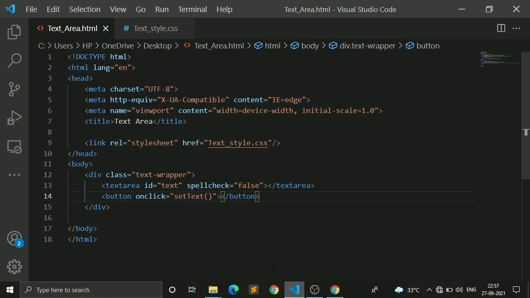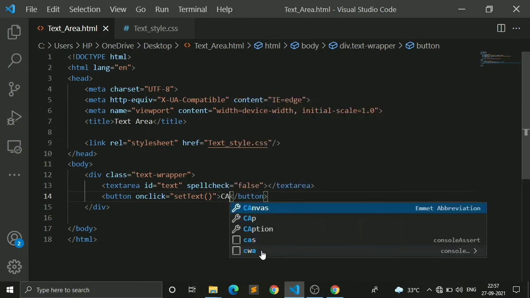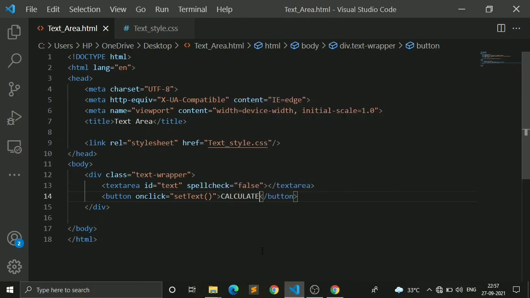For now I am not giving a name for the button. You can see that a simple small white colored button is created below the text wrapper. But when I give a name as calculate for it, then you can see the button is now somewhat visible.